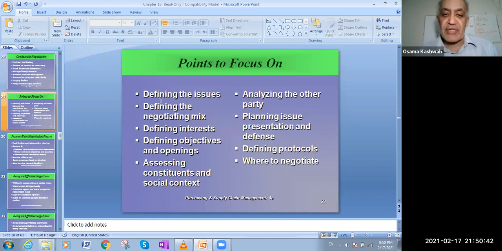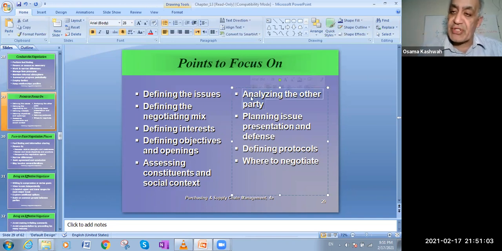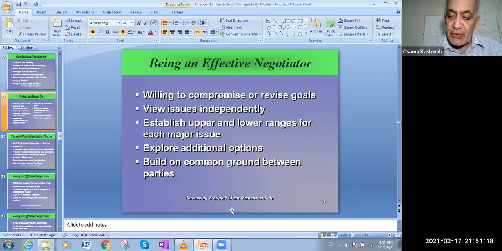29, point of focus: define the issues of your negotiation. Define the negotiation mix, defining interests, your interest, defining objectives. All these things will help you when you come to negotiate. Assessing context and social context, analyzing the other party, know whom you will negotiate with. Try to find out, is he good, stubborn, or whatever. Planning issues, presentation and defense, defending protocols, where to negotiate are the ideas of negotiations. We'll move into 34